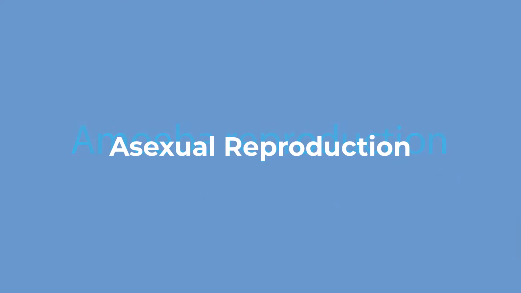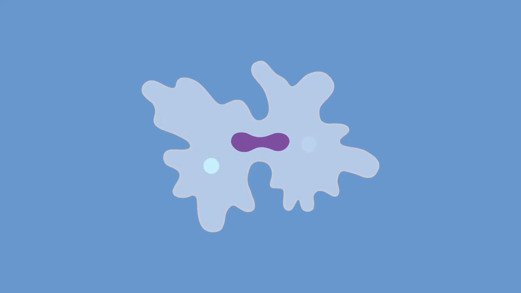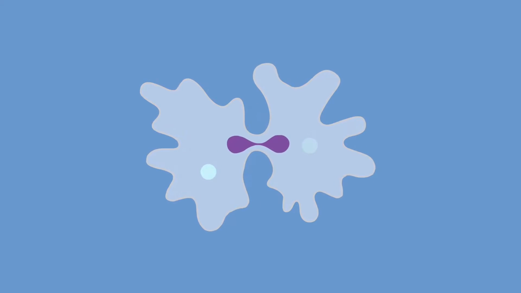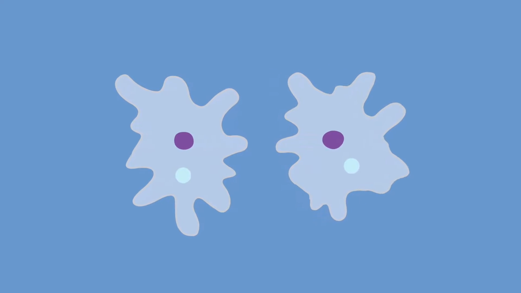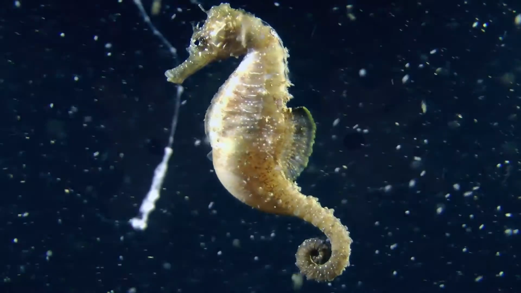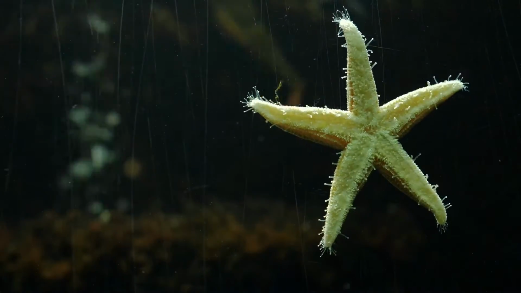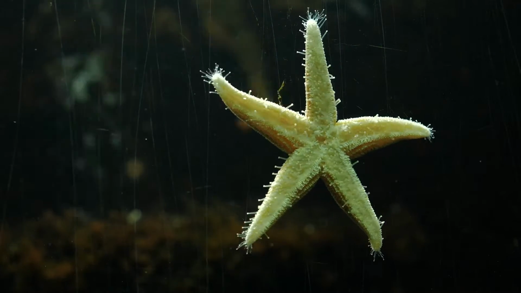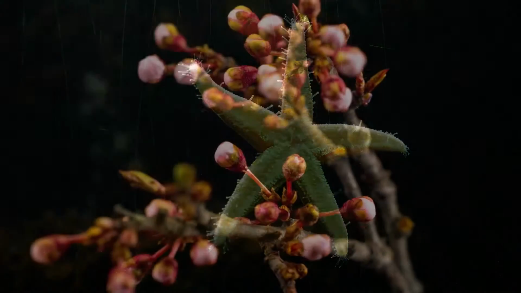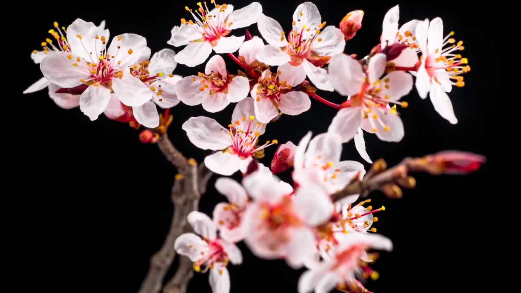Asexual reproduction occurs in many single-celled organisms, such as the amoeba. The offspring are genetic replicas of the parent. In other words, they're genetically identical individuals. Many multicellular organisms can reproduce both sexually and asexually. For example, some sea star species can grow new individuals from fragmented pieces. Another example is growing a houseplant from a clipping.